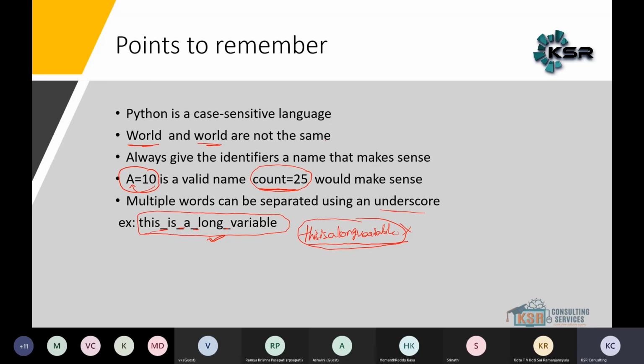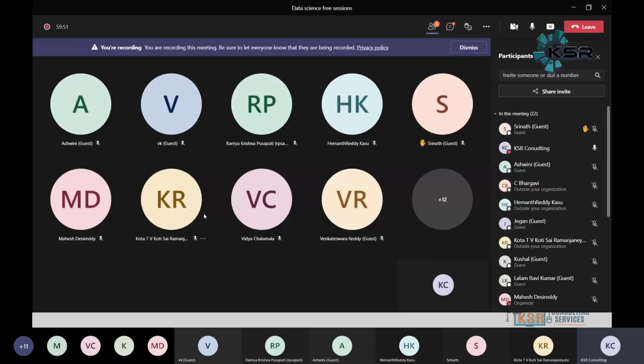Clear? So if I ask someone, for example, Hemant, can you tell me how you define the identifier? By seeing those, we can define it by taking help of the rules, as you said earlier.